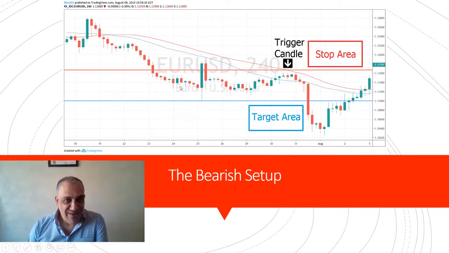It is our target area because it is below the bottom of the previous price move. This is the previous price move. This is the rising move that managed to get inside the moving average area. So the minimum target I would be expecting after shorting here, around 1160, 1150s, let's say, is to drop